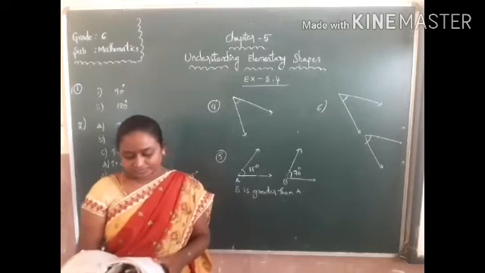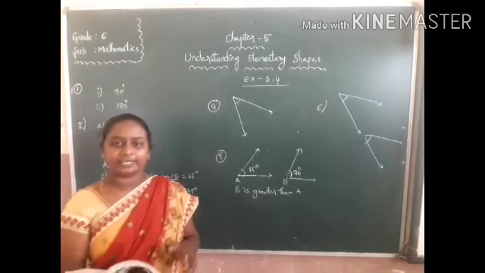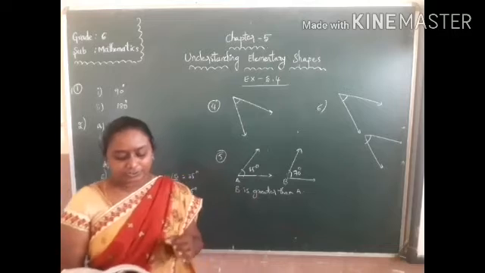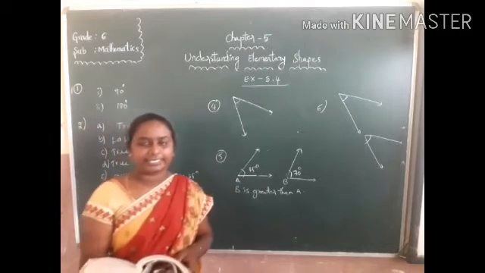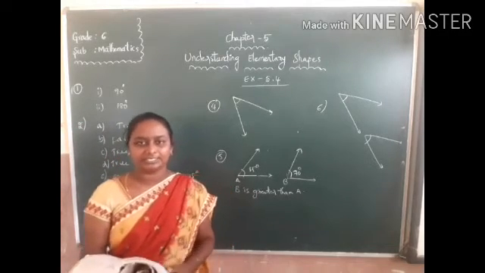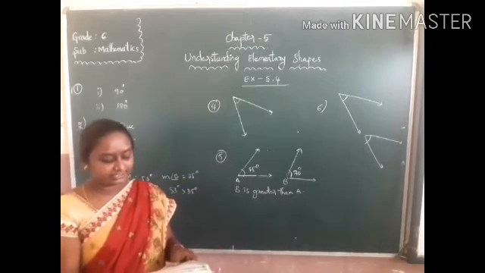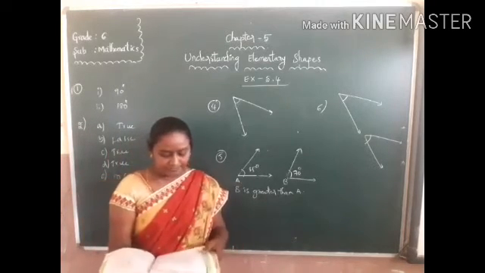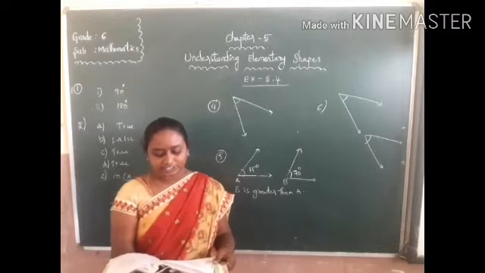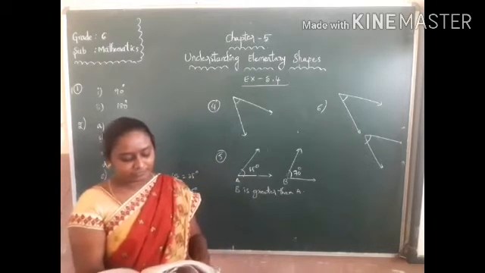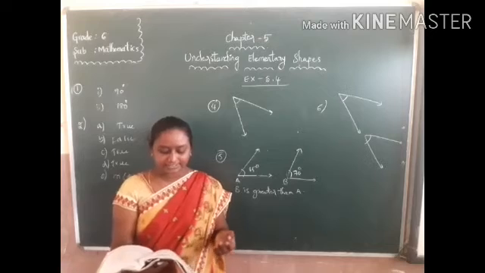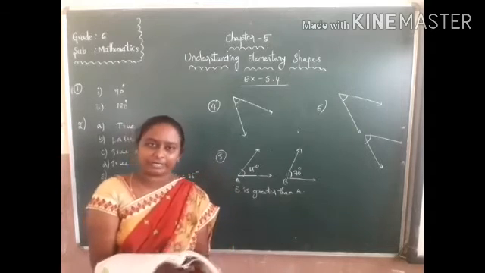Read the sentences carefully and write here acute, obtuse or straight angle. Related angles you have to fill in the blank. Okay, right. Fill in the blank. Now come to the eighth one. Find the measure of the angle shown in each figure. First estimate with eyes and then find the actual measure with a protractor.